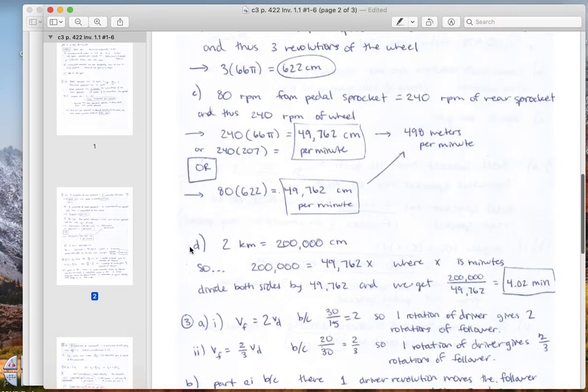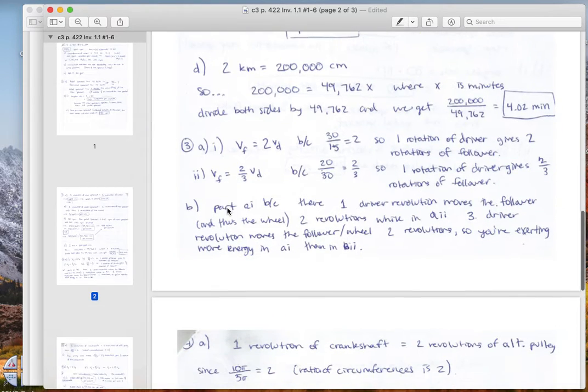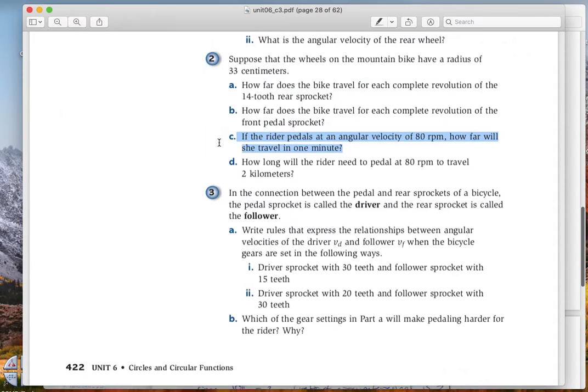Then I'm going to skip D, but that basically gives it a solution. But anyways, we're moving on. So when we get to number 3, it says, okay,